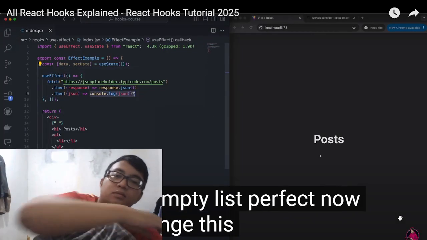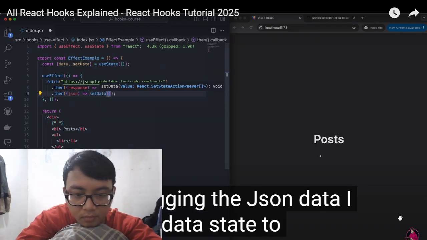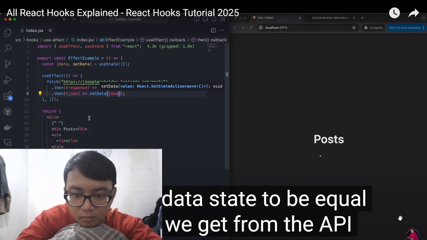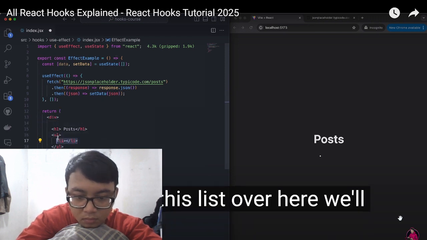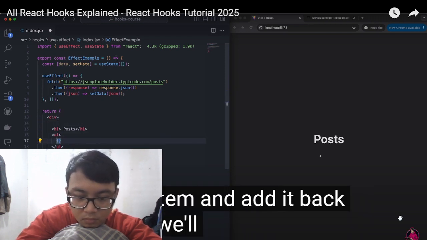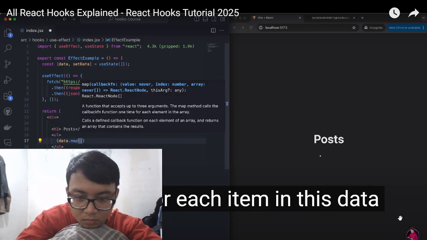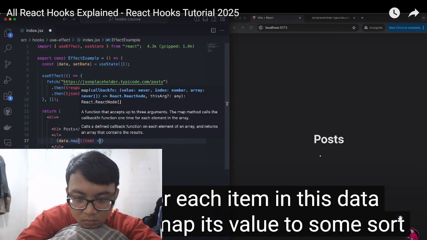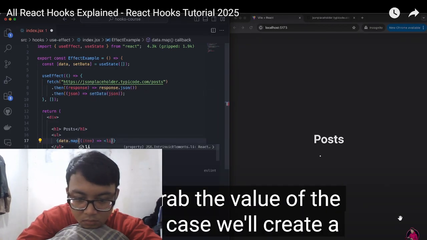Now we need to change this to, instead of just console logging the JSON data, set the data state to be equal to whatever list we get from the API. Perfect. Now to display this list over here, we'll delete this list item and add it back again later, but we'll just loop through this data. And for each item in this data, we want to map its value to some sort of JSX. So we'll grab the value of the post, and in this case, we'll create a list item for each of